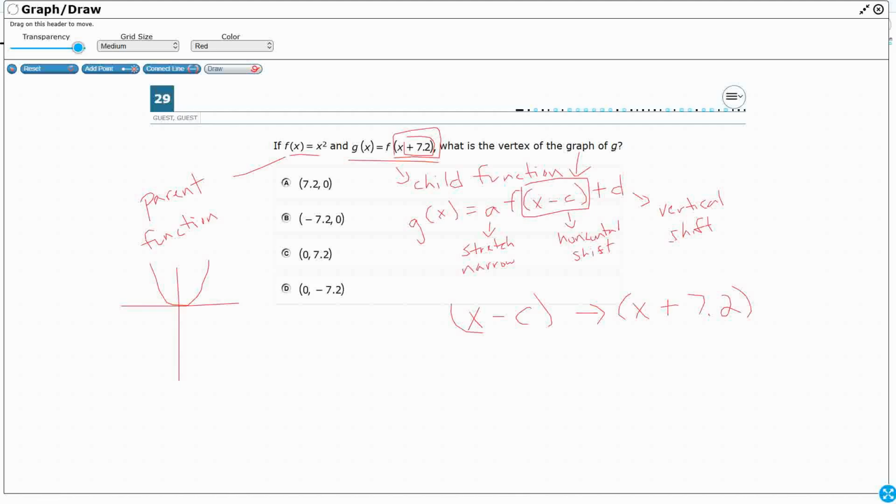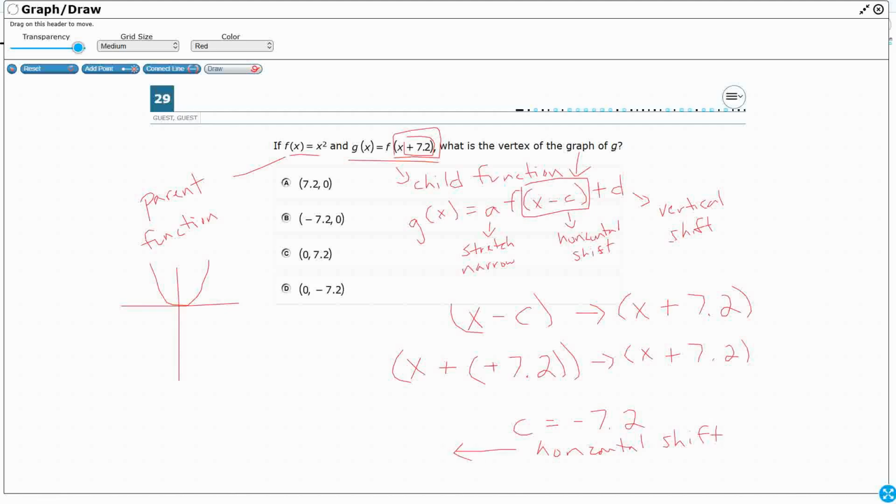Well, obviously the number is going to be 7.2. But the only way to make a minus c into a positive 7.2 is it's got to be a negative 7.2. So if we make c equals negative 7.2, watch what happens. We can do this: x minus negative 7.2. Those two negatives become a positive, and that's where we get our x plus 7.2. So if c equals negative 7.2, it's going to be a horizontal shift to the left,